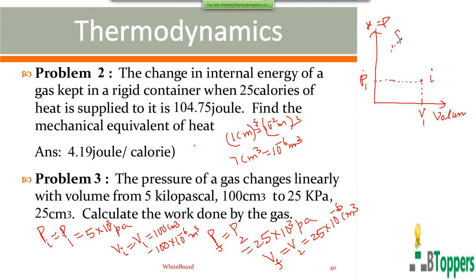So let F denote the final state of the gas. Here you can observe that there is an increase in the pressure of the gas and a decrease in the volume of the gas. Final pressure is denoted Pf or P2. The volume of the gas in the final state is denoted by Vf or V2. Let I denote the initial state and F denote the final state, or A denote the initial state, B denote the final state of the gas.